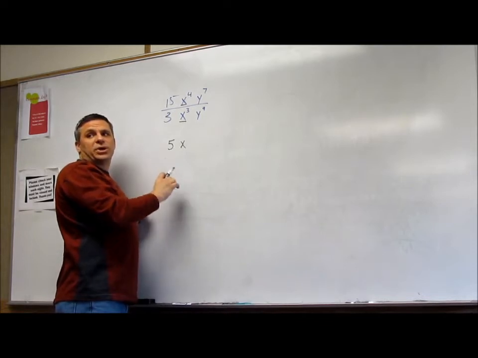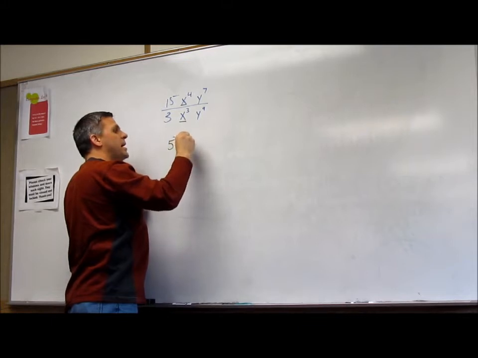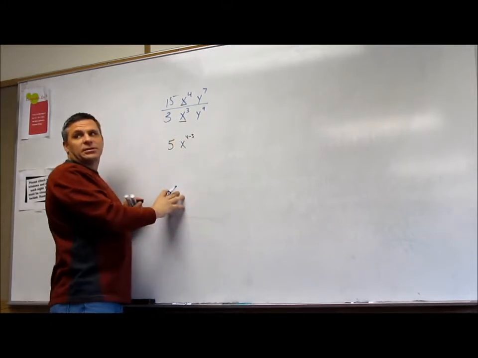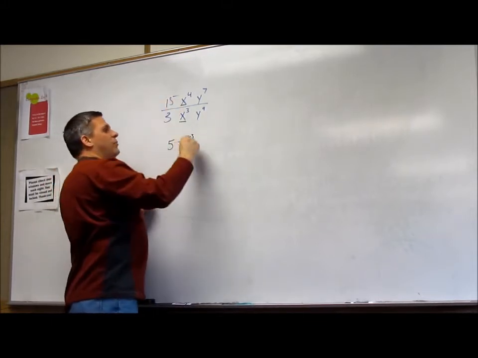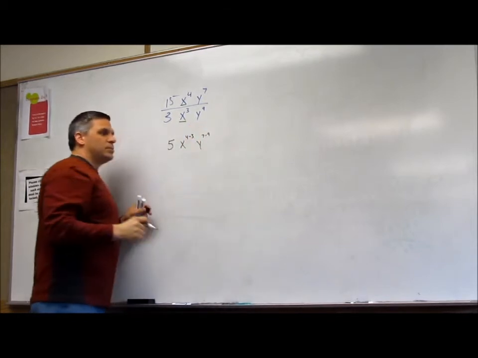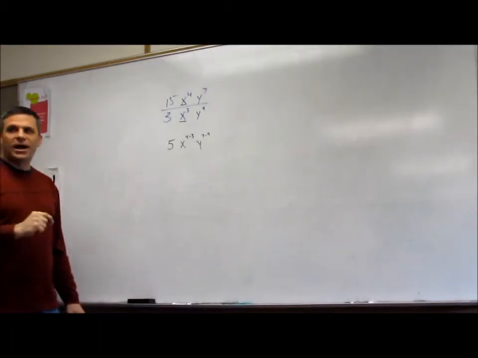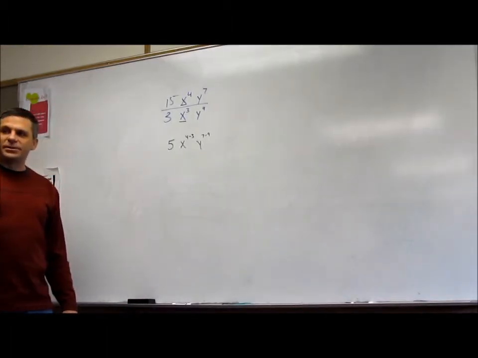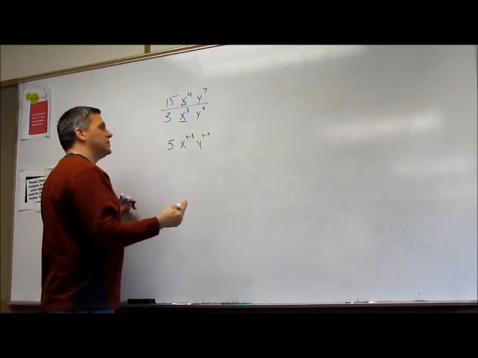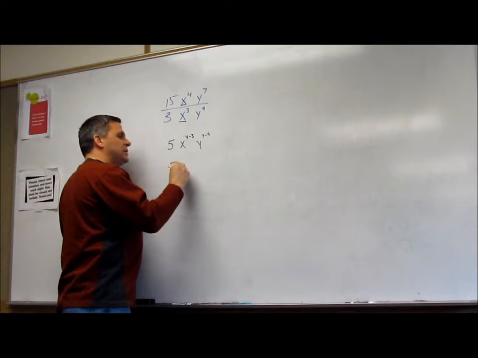And when we do division, we subtract like bases. So we subtract powers with the same base. We take x to the 4th minus x to the 3rd, and y to the 7th minus y to the 9th. What we're doing is subtracting the exponents. When we divide, we subtract exponents. So what I have here is 5 to the x